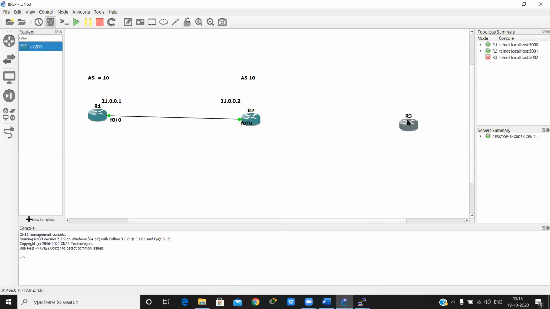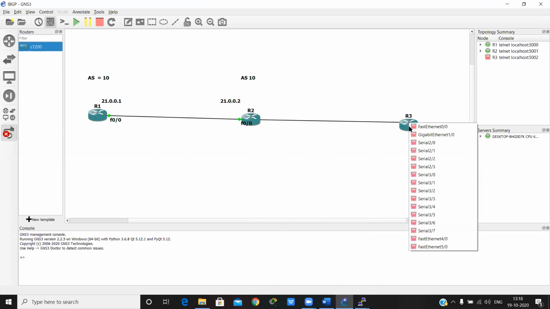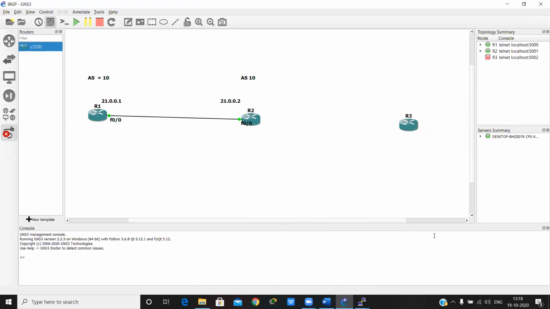So we take one more router connected to this, and here we give the network 10.0.0.2, and here we give 10.0.0.3.